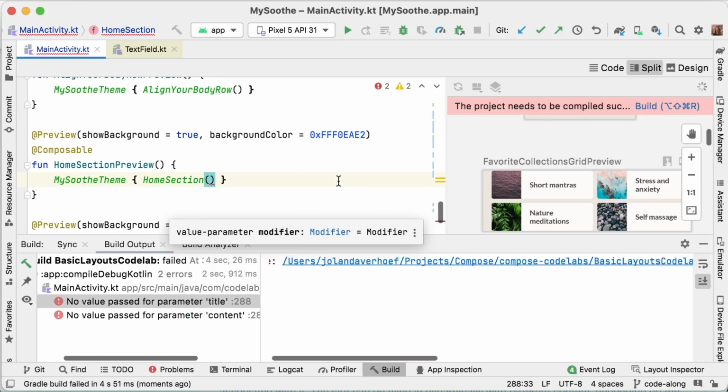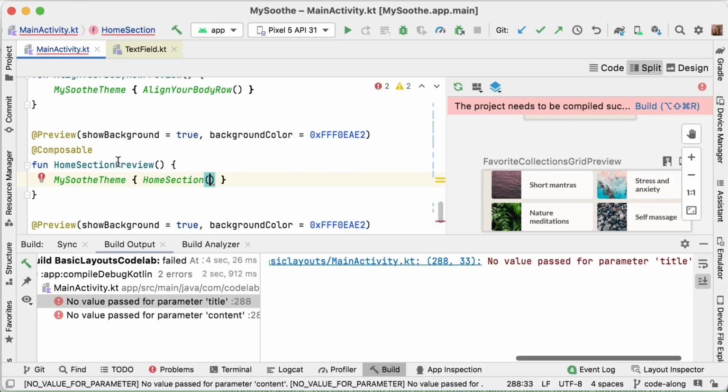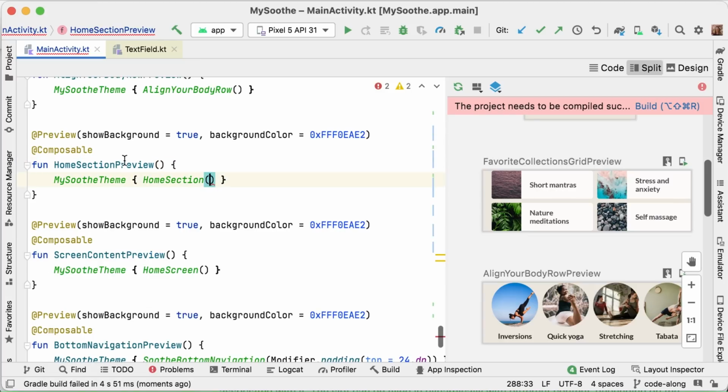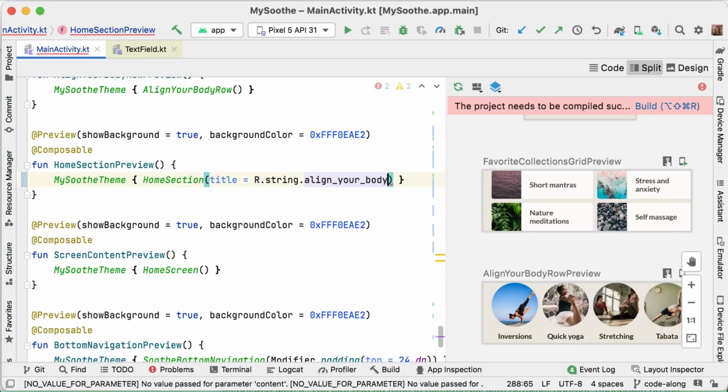And as you can see, my build fails because my preview isn't actually passing any information here. So in our preview, let's preview the align your body version. So for that, let's set the title to be R.string.align_your_body, and let's pass that content. And because this is the last parameter of our method, we can use a trailing lambda to do that.